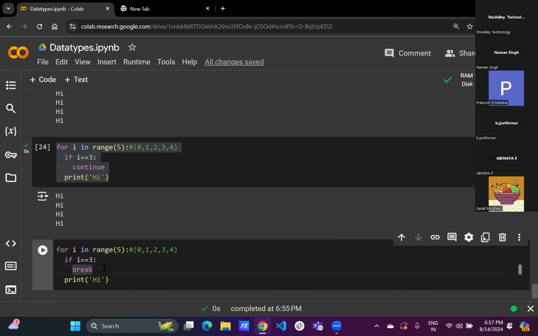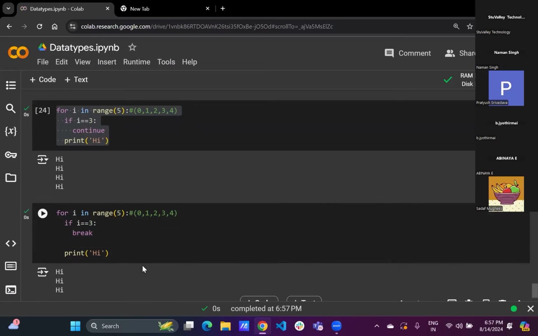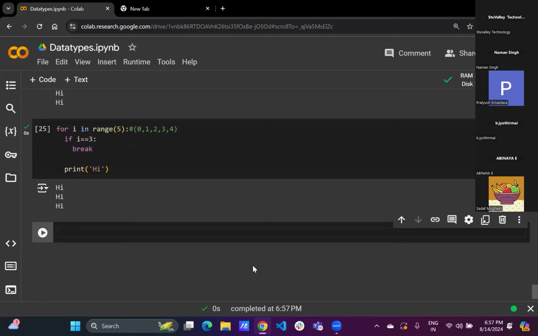जब ब्रेक इनकाउंटर्ड हो गया वहीं पे फॉर लूप खत्म हो जाए। ठीक है, लूप खत्म हो जाएगा वहीं पे। तो लूप खत्म हो गया तो कितनी बार हाई प्रिंट हुआ? सिर्फ 3 बार। 3 बार हाई जो है वो प्रिंट। दैट इज द स्टोरी।